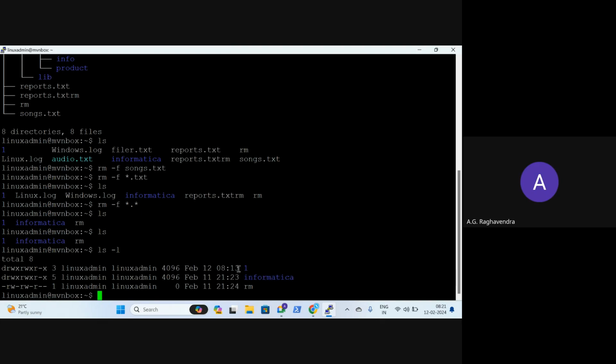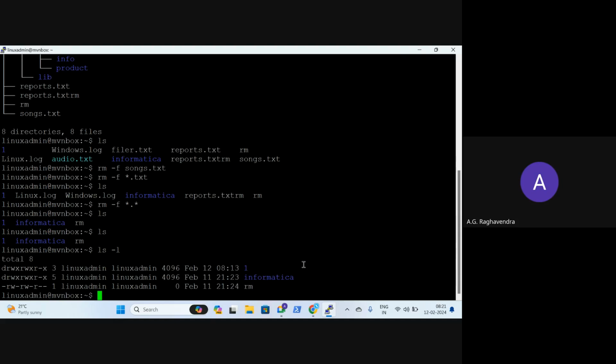Then you might think why somebody created a file without any dot. That is what I said in the last class also. Every file should have an extension. That is how Windows is made: file.ppt, file.xl, file.zip, file.xls, but not necessarily in Linux. A file need not have an extension. I can just create a file with a name like this.